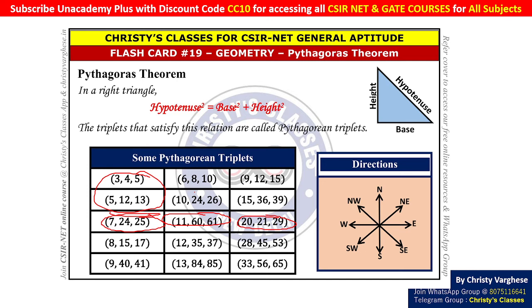And this is a concept that will help you in distance and direction based questions also, because there also questions can be there that a person is walking and finally reaching a place. There also the chances of involving right triangles and hypotenuse calculation are important. There also this will be very useful. Hope this concept or this flashcard is clear to all of you.